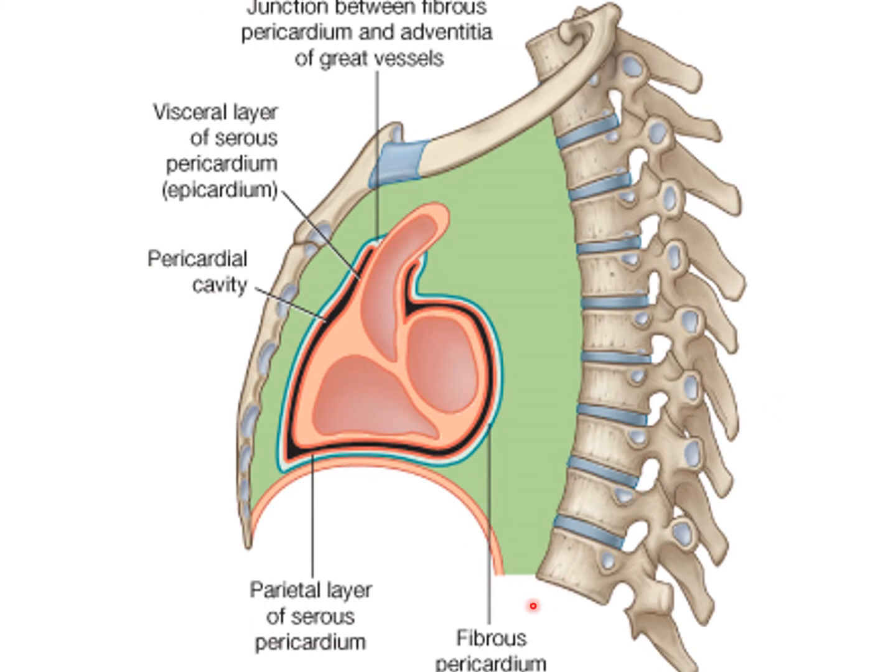in the diagram. The blue one is the fibrous pericardium. Within it there is a red line, which indicates the visceral pericardium. So on the inner side there is the visceral layer of the serous pericardium and on the outer side there is the parietal layer of the serous pericardium. In between there is the pericardial cavity.